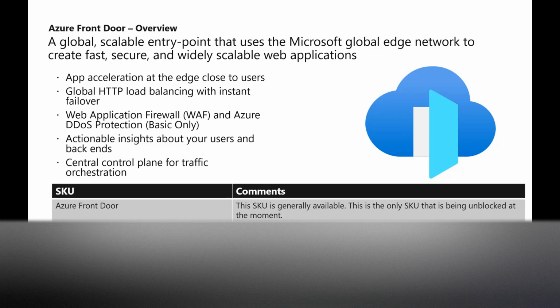For the customers who don't want to expose their application to the public internet, but want to only do it through Front Door, this is a good opportunity to use. Just keep in mind that both Azure Front Door Premium and Basic are currently in public preview. Once they go GA, then